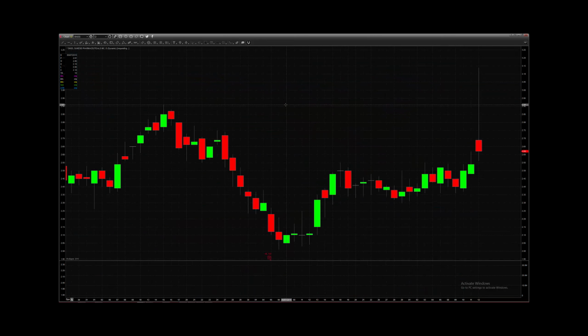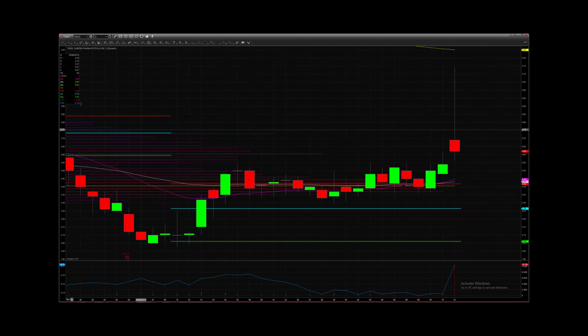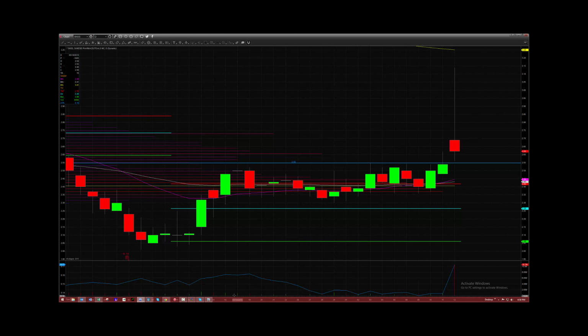SNSS caught a monster gap up on this trade. At one point, it was up like 25 cents. Our long entry on this was over 255. If you look at the chart here, you can see pretty clearly